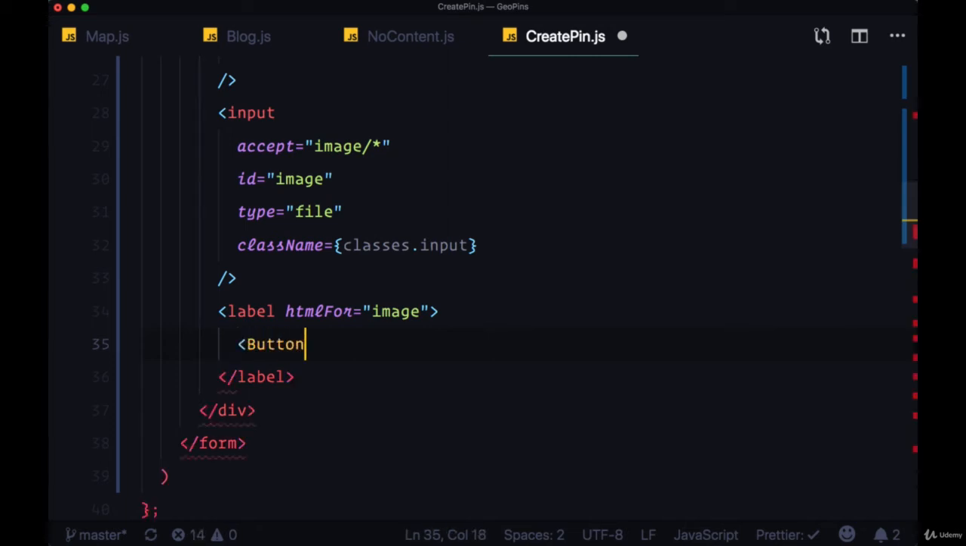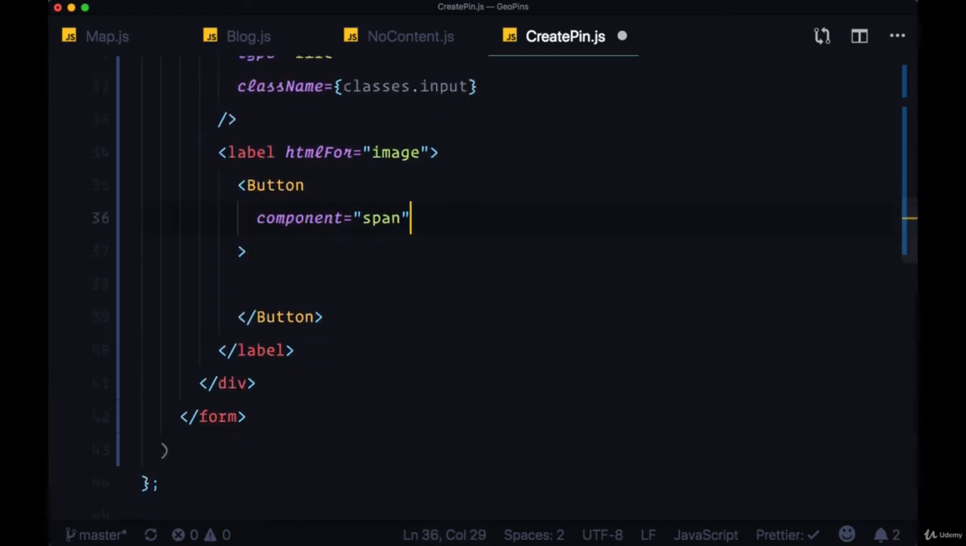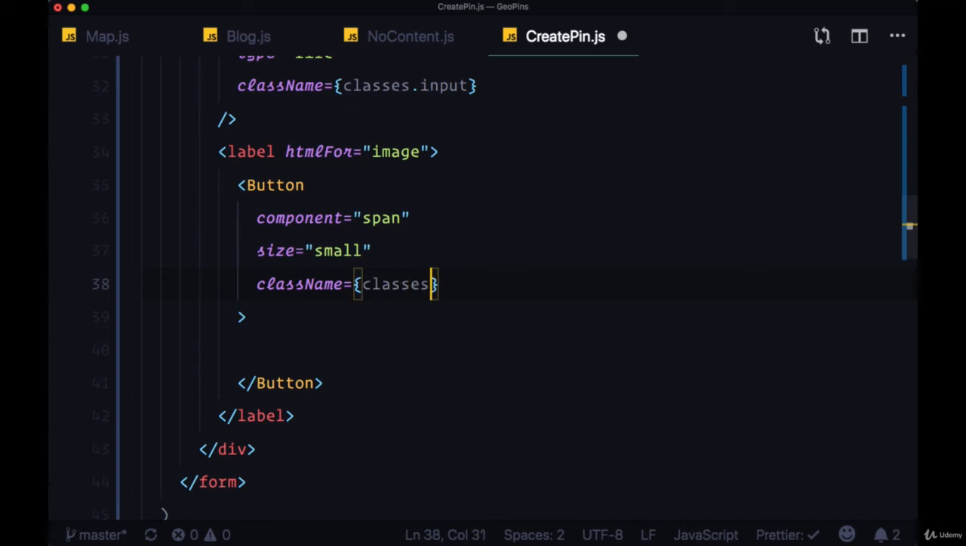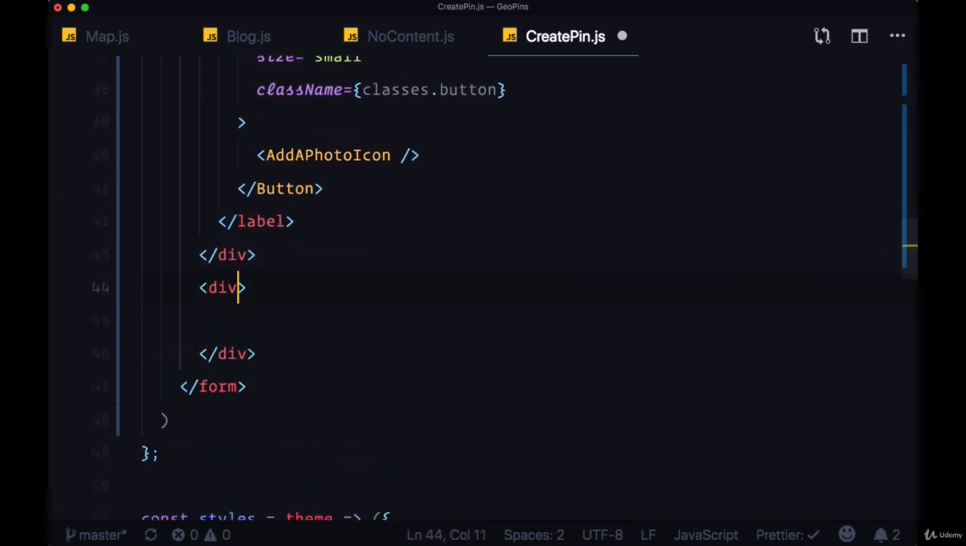So we'll have a button component, and the component itself will be a span. The size will be small, and the class name will be classes.button. And then within the button tags, we'll have an icon, and this will be the add a photo icon. Then after the closing div tag, we'll have a div with the class name classes.contentField,